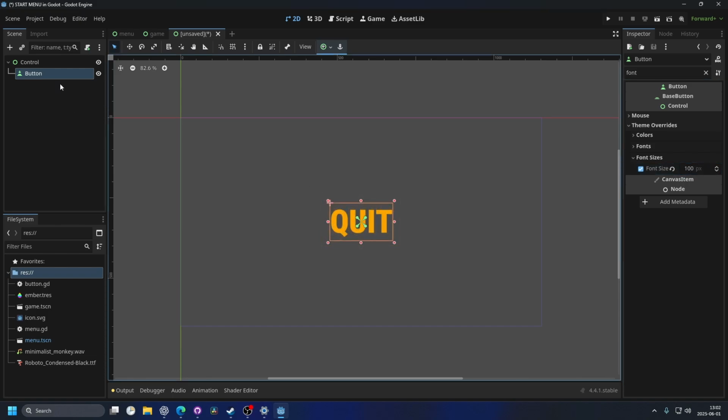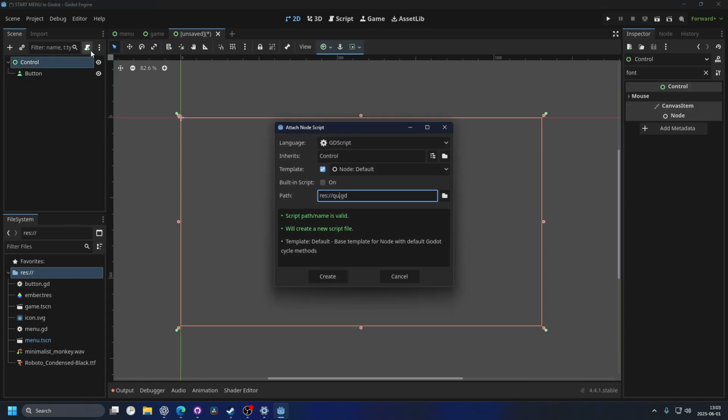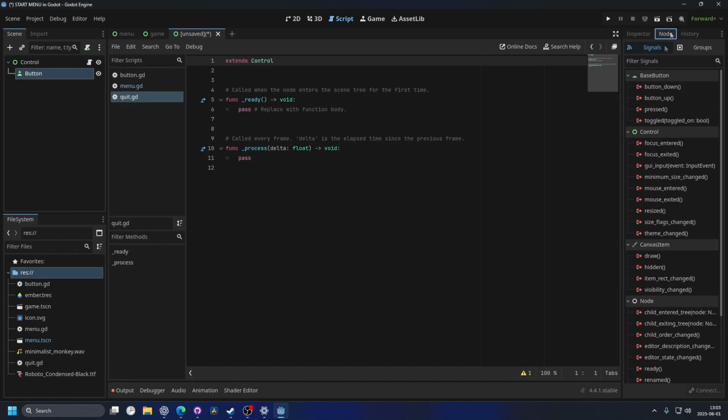Then I want this button to do something. I'm gonna select the control node and I'm gonna hit attach a new script, and I'm gonna call the script quit for fun. I'm gonna select the button and I'm gonna go to the node tab, and then we have